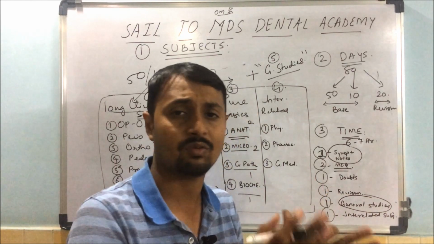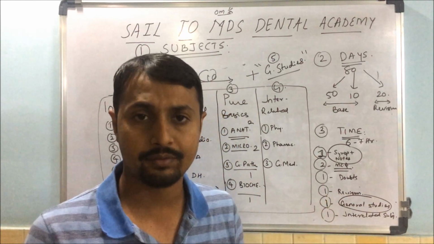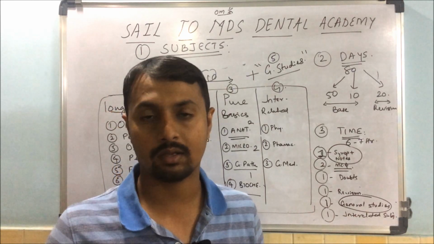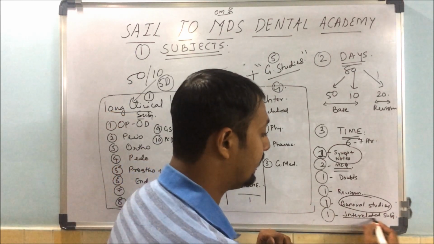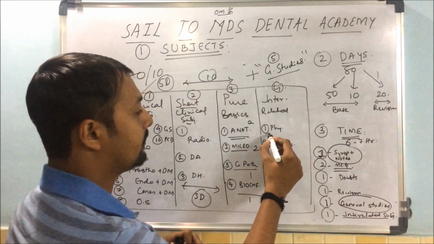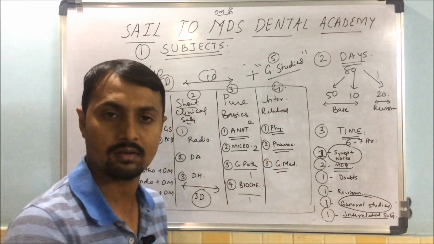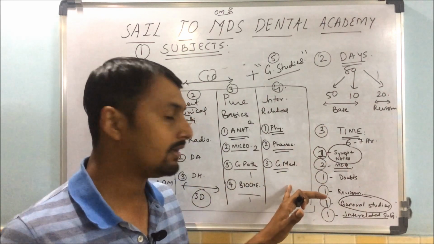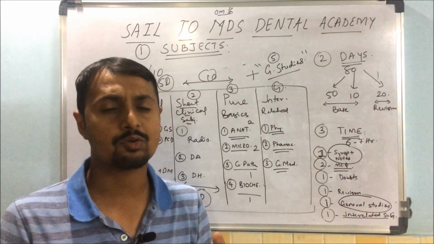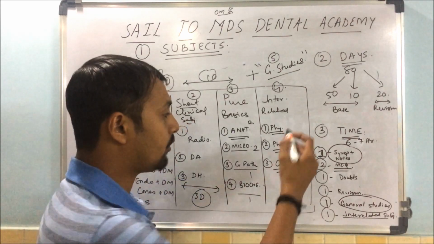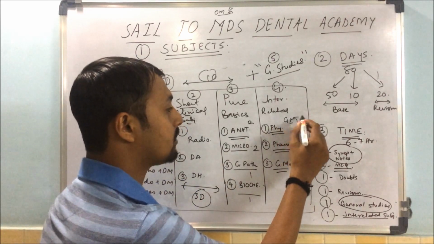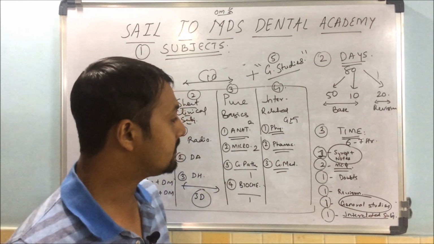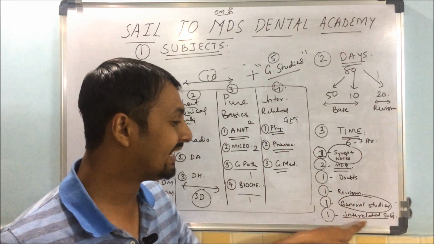Then comes the 1 hour for the journal studies. You can give 1 hour for general studies. You can read whatever topics you like from them. I will tell whichever the important topics are there in my coming lectures. And 1 hour will be interrelated subjects. Interrelated means physiology, pharmacology and general medicine. Here do only MCQs, because those are not that important. They are asking questions but not many. So for example, you are taking the GIT of physiology, complete the relative pharmacology and relative general medicine. In this manner you have to do the interrelated subjects.